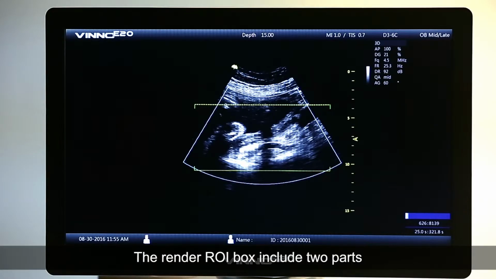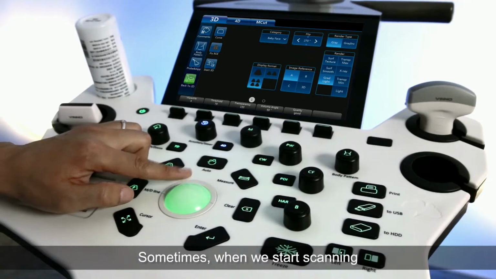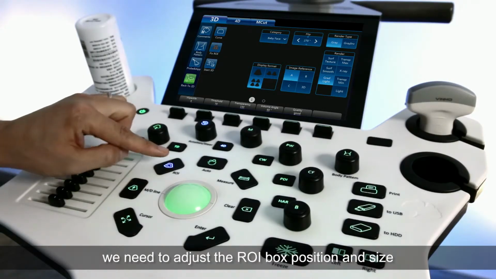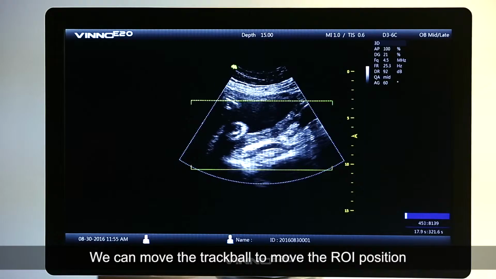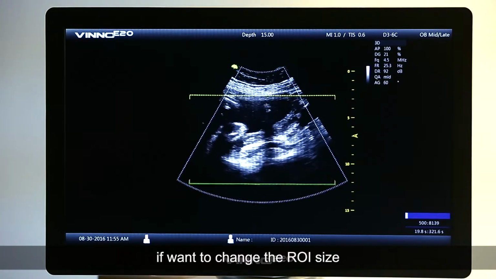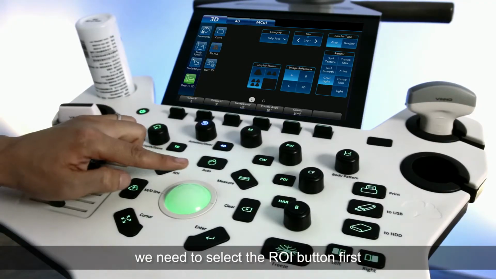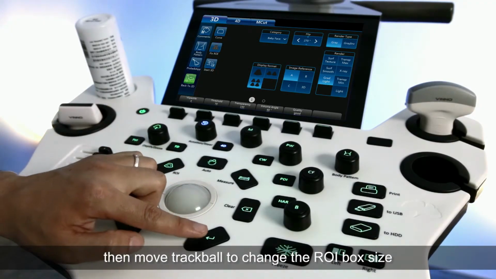The render ROI box includes 2 parts. The blue one is tissue acquirement box. The yellow one is rendering box. Sometimes when we start scanning, we need to adjust the ROI box position and size. We can move the trackball to move the ROI position. If want to change the ROI size, we need to select the ROI button first, then move trackball to change